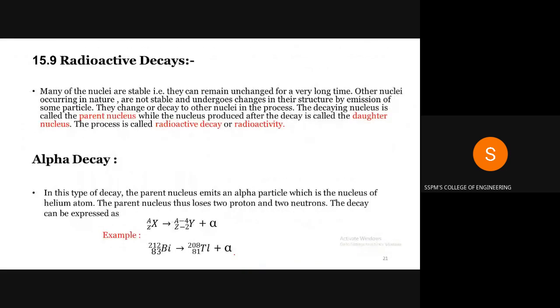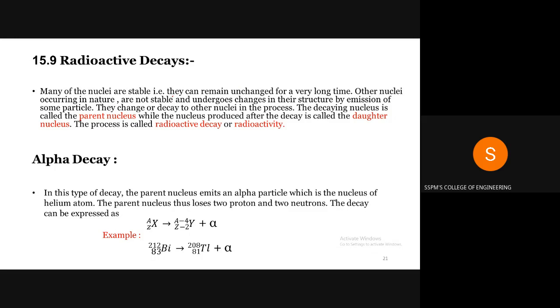Next one, radioactive decay. Many of the nuclei are stable. This is the new concept, that is, how the disintegration of the nucleus, of nucleons, is taking place. Many of the nuclei are stable, that is, they can remain unchanged for a very long time. The concept of stability of the